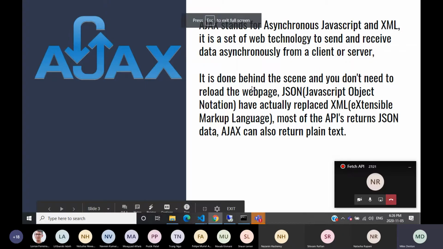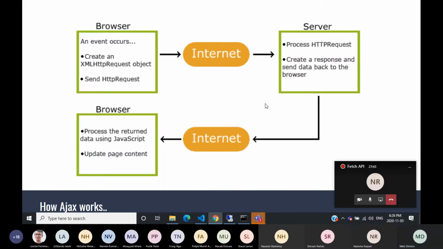So anyhow, AJAX was the mechanism to handle request and response. The payloads were XML, so JSON has replaced it. Most APIs return JSON now. AJAX can also return plain text. So AJAX did have the option to return XML or plain text, right? You could switch between the two. How it would work is something like this. Again, this is older, right? So you may have seen the example